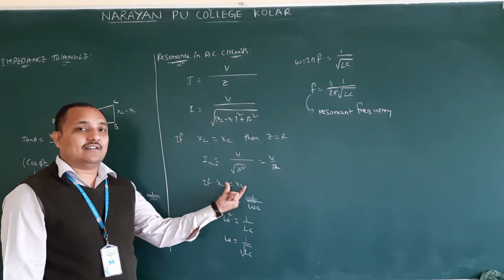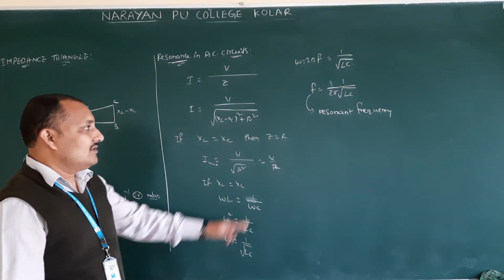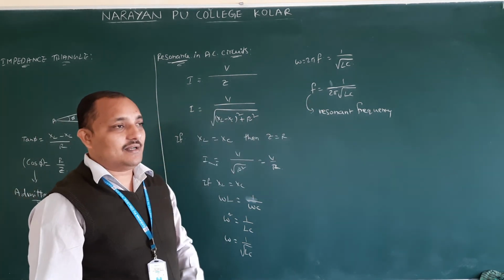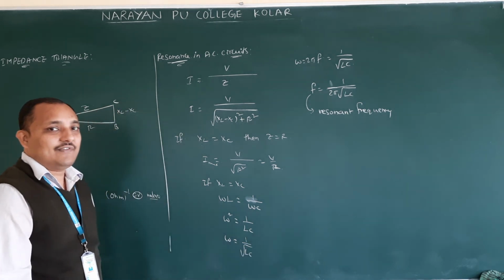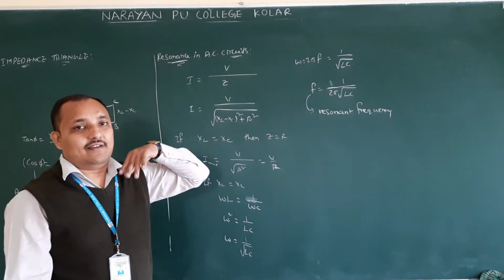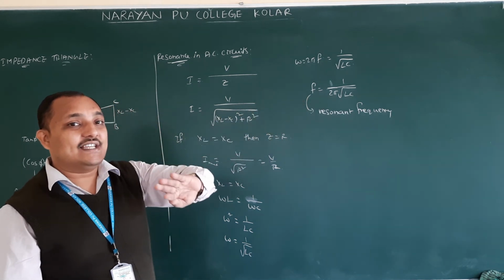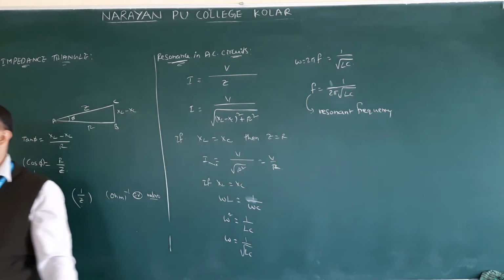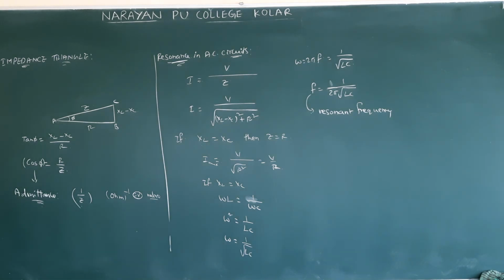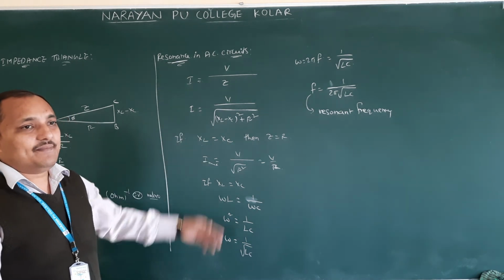So capacitive reactance equal to inductive reactance. One year they asked this. If you wrote XL equal to XC, you will get 1 mark. So this frequency is called resonance frequency. Sometimes they will ask for the equation for resonance frequency in an AC circuit. At the time, you have to derive this equation. So the frequency of alternating current at which current is going to become maximum is called resonant frequency. Otherwise, the frequency of AC at which resonance is going to occur. Resonance is going to occur means I is going to become maximum.